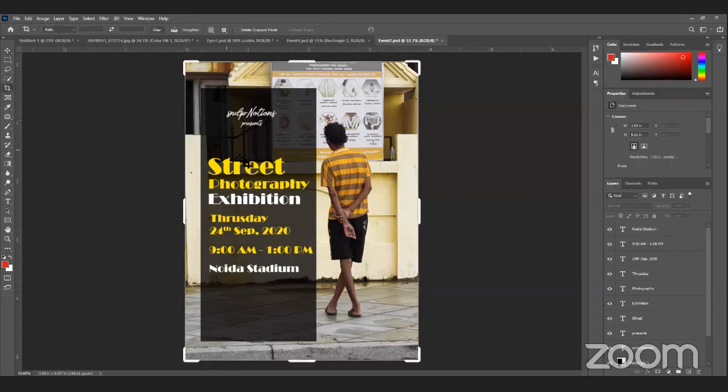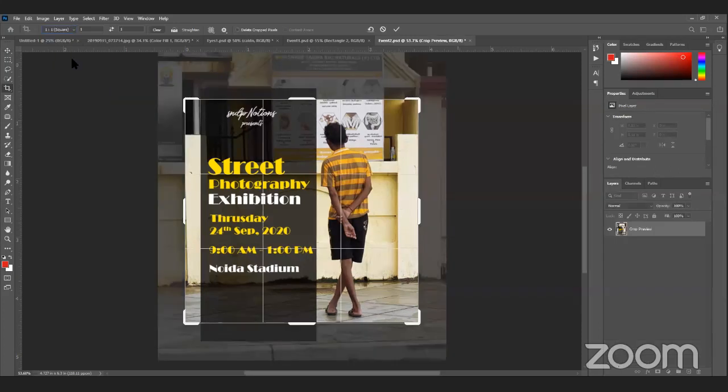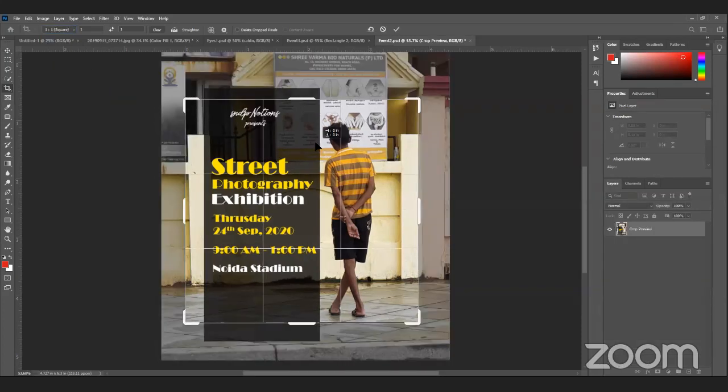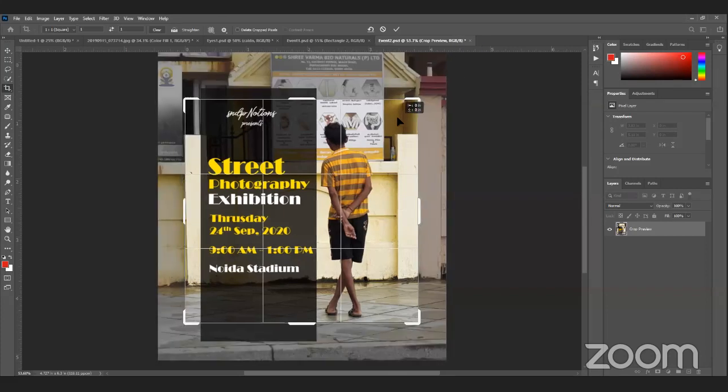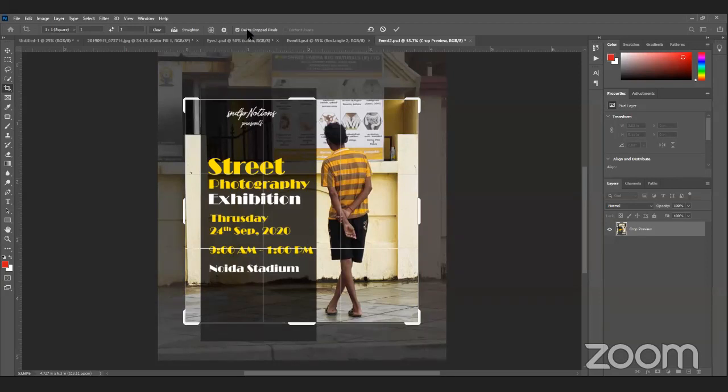Now I'll go to the crop tool, and you can see the ratio. This is the ratio, and the square ratio is here. I just click on that, and now I have my square ratio selected by default. One more thing, the biggest mistake that we make, even I have done it a lot, is this checkbox. Do not check this box. What it will do is delete the pixels outside of your canvas. So I'll show you how it does that.